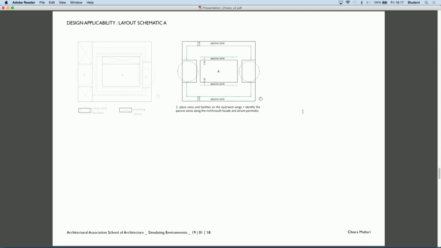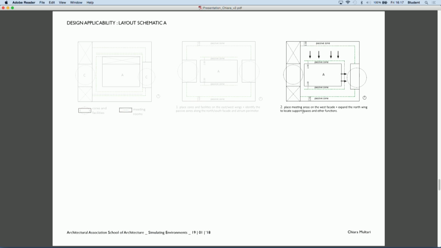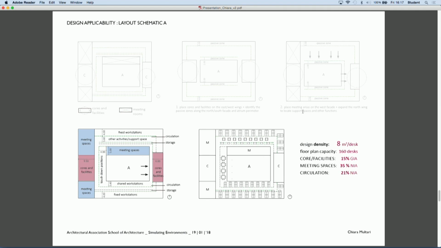So the first step was organizing the functions in a clever way according to the results of the research. The passive zones were overlaid on the floor plates, and different adjustments were made to optimize or to maximize the benefit of placing the workstation in the areas with good daylight availability.